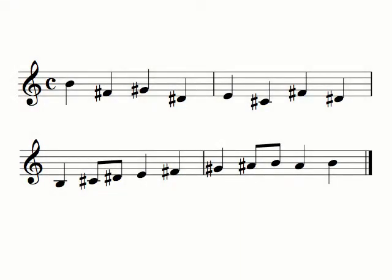Hello everyone. This video will talk about how to write key signatures. So here we have a melody, and it looks pretty conventional, but you do see that there are a lot of sharps in this melody, and that's because this particular melody is in B major,